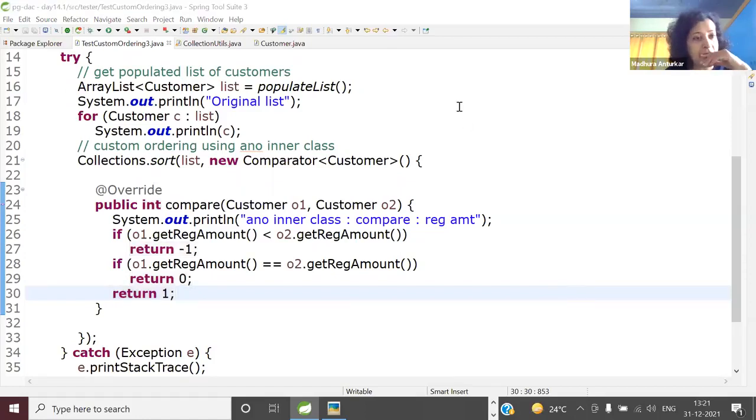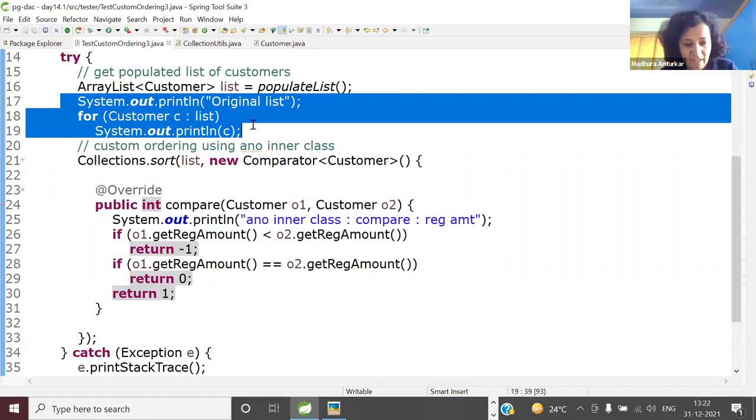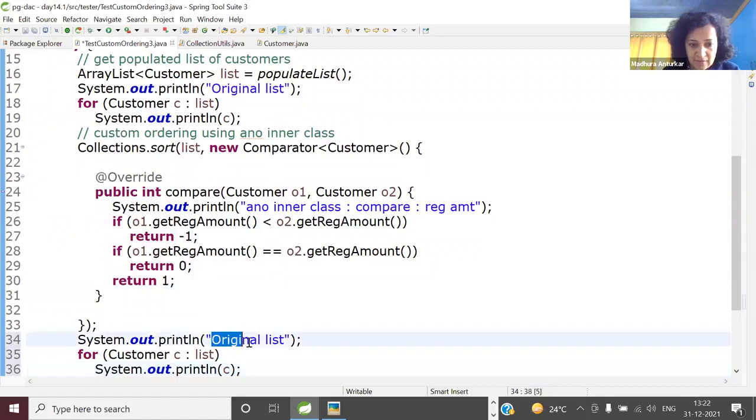Done? Okay, so now you have done the whole thing. You just have to run it. Before running, we'll just print the list again, otherwise you'll not know whether it is working at all. So I'm saying: list of customers sorted as per their registration amount.